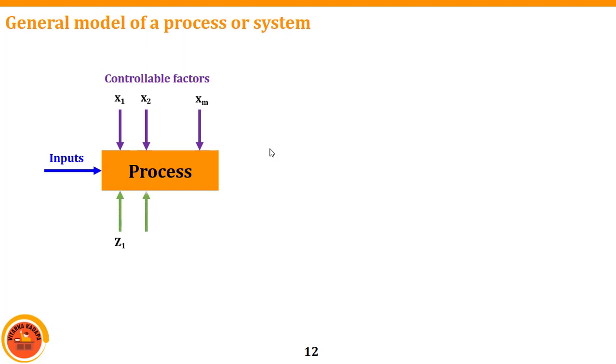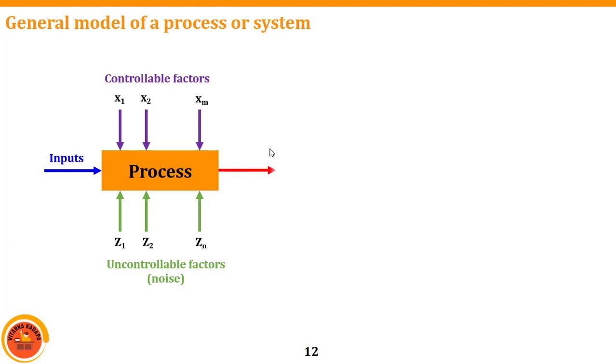Similarly, we will have uncontrollable factors also, that is, noise factors. Sometimes we term them noise factors. Uncontrollable factors means, suppose I am taking a turning operation and machining the part, the tool is in continuous contact with the workpiece. Because of that, the tool is going to wear. That wear I cannot predict. So that is called an uncontrollable factor. This uncontrollable factor is going to affect the process.